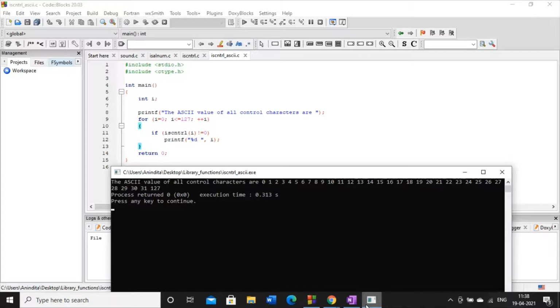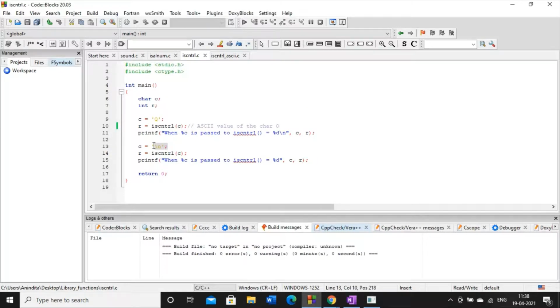If we compare these two codes, the 32 for slash n is not visible because slash n is not present on the keyboard as an escape sequence, just like blank space. Since slash n does not exist on the keyboard as one character, I have explicitly passed slash n in this character variable C so that I could test the functionality of the isControl standard library function.